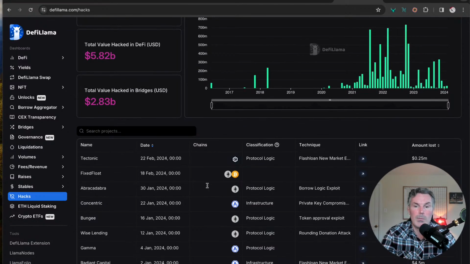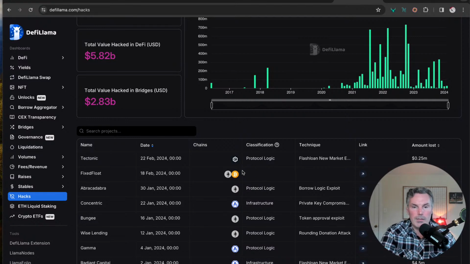Let's go down the list. February 18th, $26.1 million was drained out of people's accounts. Drained, straight up. Fixed float, this thing. If somebody's like, hey man, you've got to invest in fixed float, you've got to invest in tectonic, abracadabra. Protocol logic, right? 6.5 million, down the drain. Never going to see it again. And you're going to see a trend here. This brings it home to what I'm trying to talk about with the wallets, which then will bring it home to the point of even mentioning wallets.